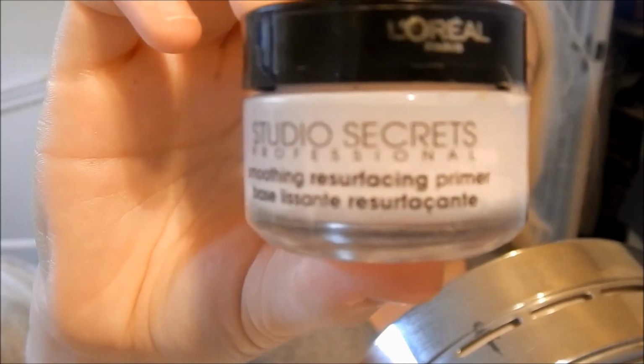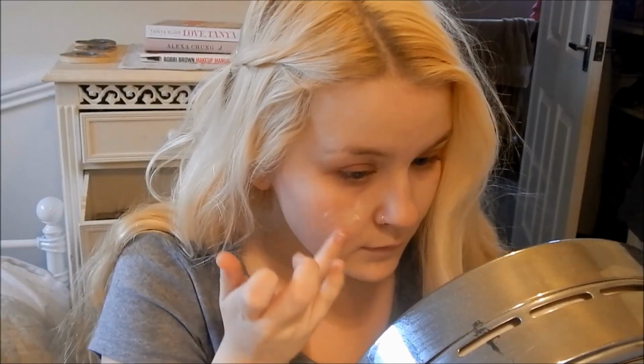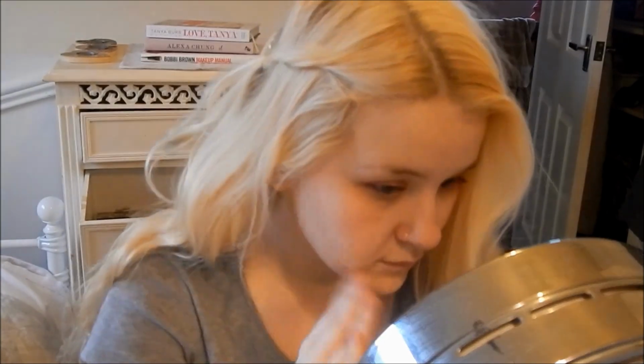Starting off by using the Simple light moisturiser, and I'm just rubbing that into my skin. And then I'm going to take the L'Oreal Studio Secrets Smoothing Resurfacing Primer, and I'm just focusing that product onto the areas of my skin where I have a lot of open pores, so my foundation tends to come off those areas because oil seeps through, therefore melting off my foundation. So I'm just focusing it onto those areas rather than wasting it on areas where my foundation is perfectly fine